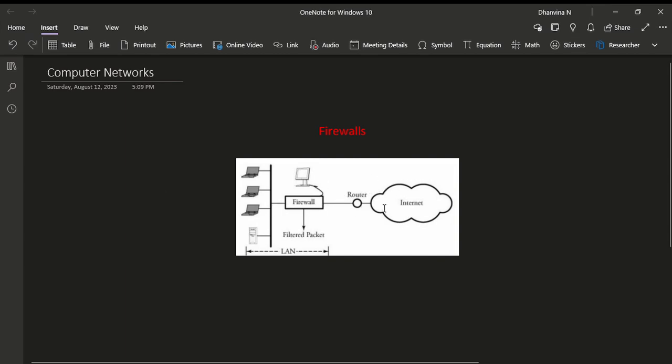So while routing the data packets which pass from the internet to the organization or institution level, a small local area, this data should pass through the firewall. So this firewall filters the packets, meaning it checks for errors or any other kind of malicious data, and it filters those packets and sends the data to the client or the host.